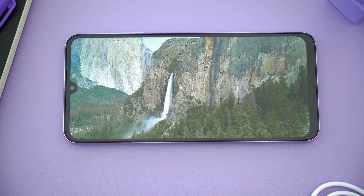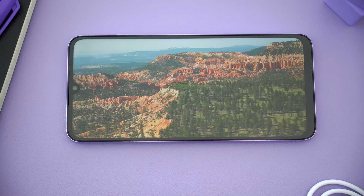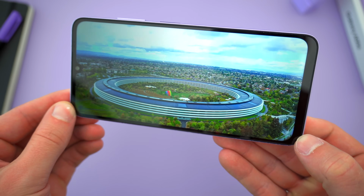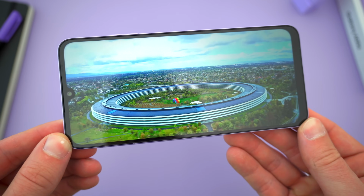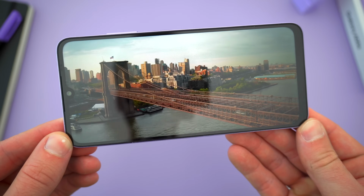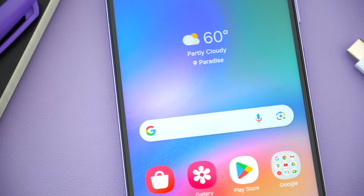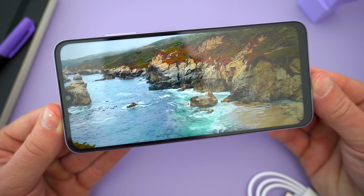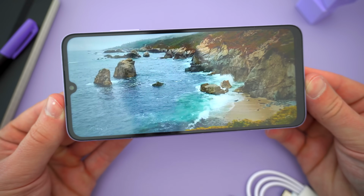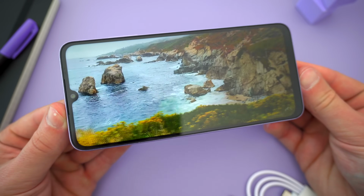But that's kind of it. And to be honest, if you didn't read the spec sheet, I'm not sure most people would have been able to tell a difference. The A05s arguably doesn't offer a better viewing experience, at least not obviously so. It's not OLED, so it's still not very bright. It's not as colorful. There's also a lot of glare with the cheaper front glass. Sure, if you look really closely, the display is a bit sharper, which is important at this size, but from a normal viewing distance, a few feet away from your face, people still often argue that 720p and 1080p displays